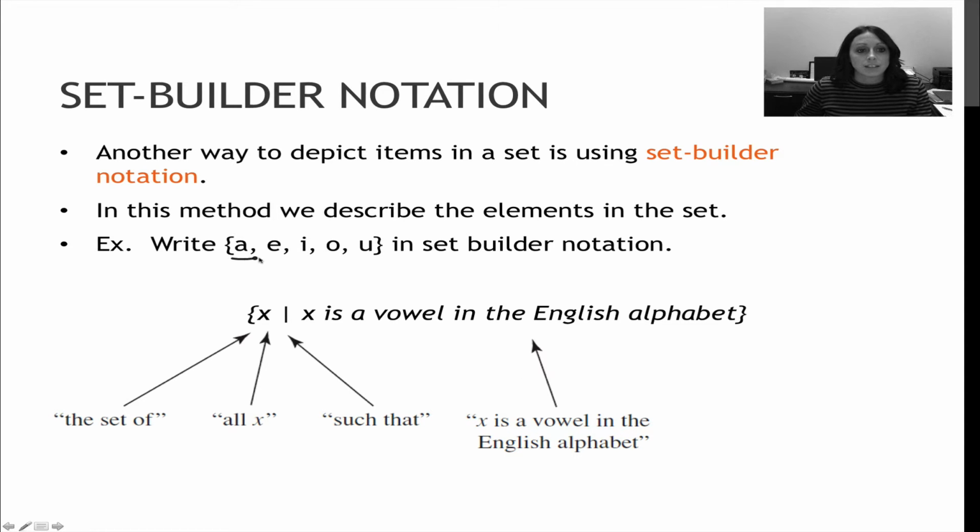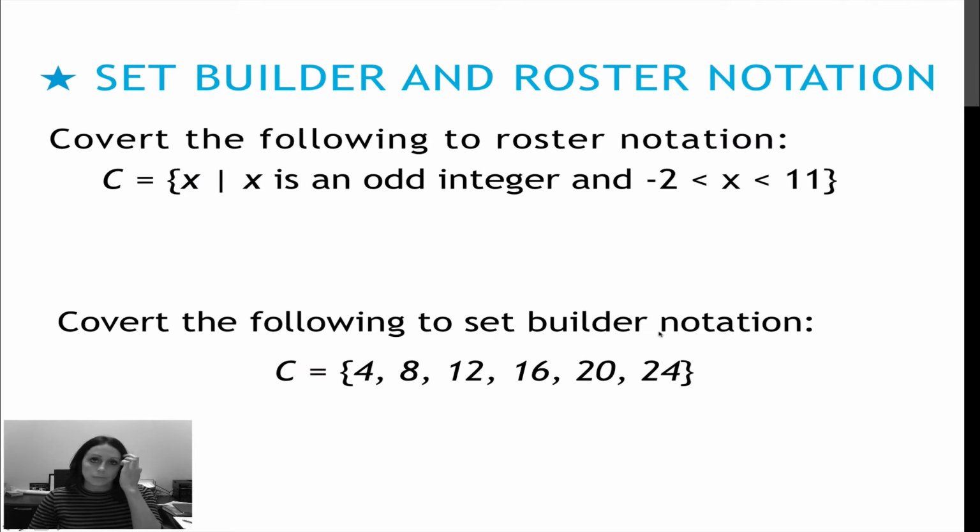So this would be roster notation: A, E, I, O, U, the vowels. To write that in set builder notation, you're going to write it as a description for the second part of that. Here are a couple of practice problems for you. First, convert the following to roster notation. So I have the set of all x's such that x is an odd integer and